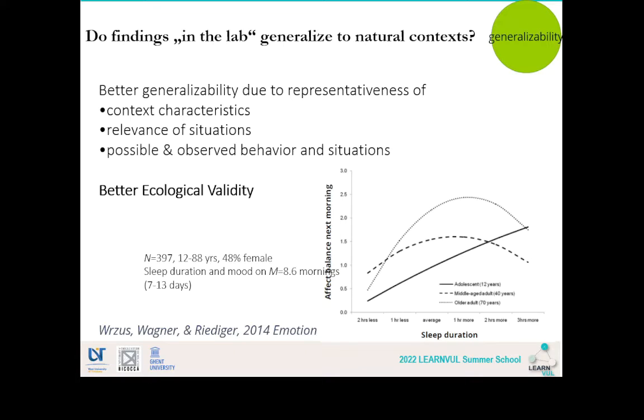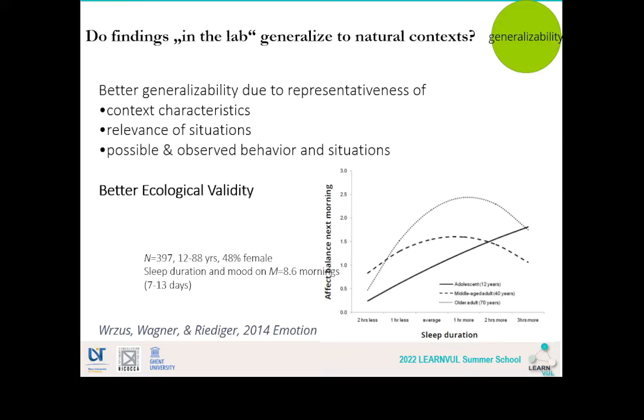So for example, there was a study in which you ask, how do you feel? So the mood. And you also measure, in the morning, how many hours you slept, more or less with respect to the average. So compared to your average, did you sleep more or less? And I'm asking you at the same time, how do you feel? Okay, and when you look at the different